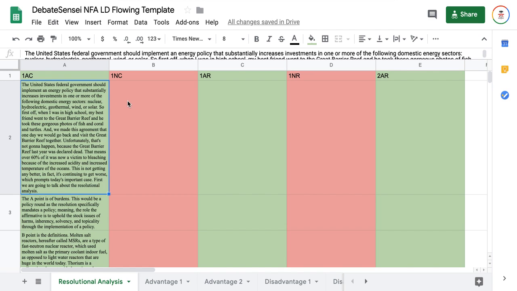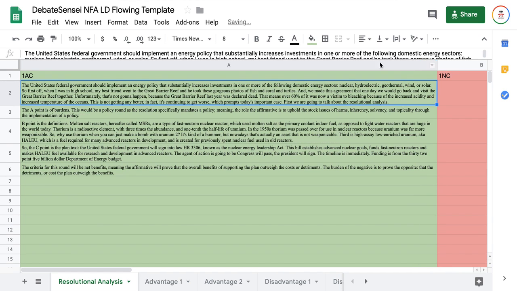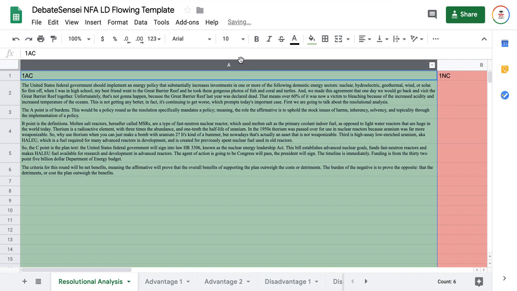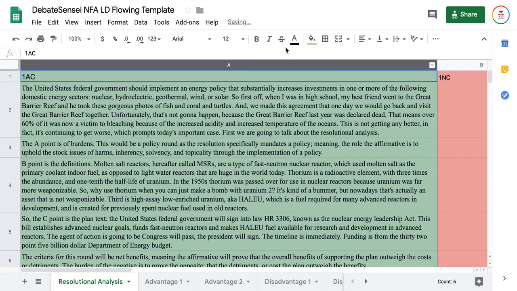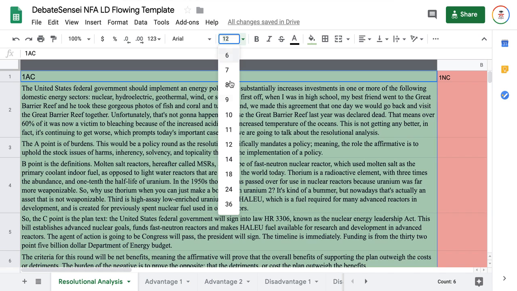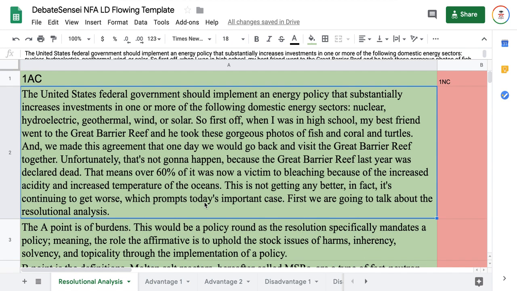In order for you to see this a little bit better, let's just increase this, all right? And we will also get the font a little larger for you to see. Heck, we could do it even bigger than that, okay? All right, so here we are. There's the outline. Now remember, at the very beginning of the 1AC,